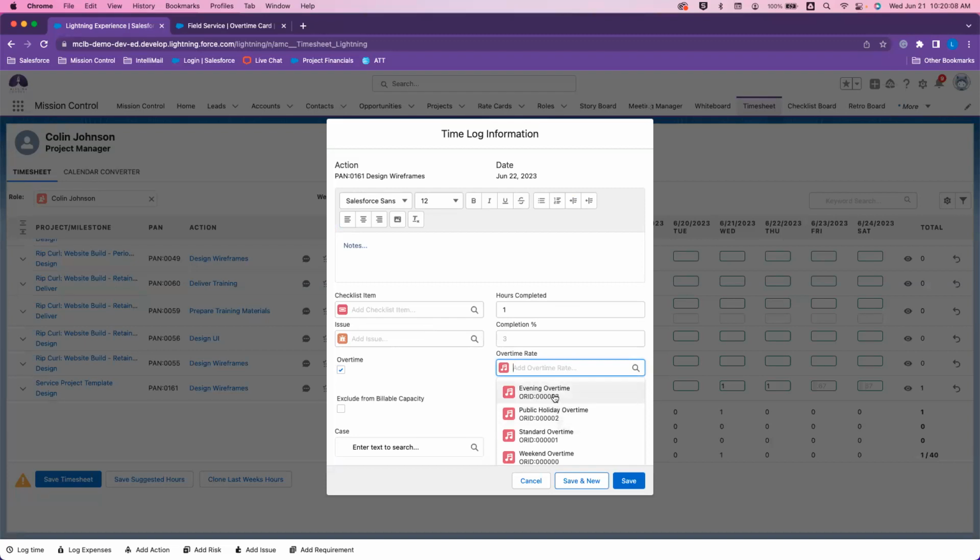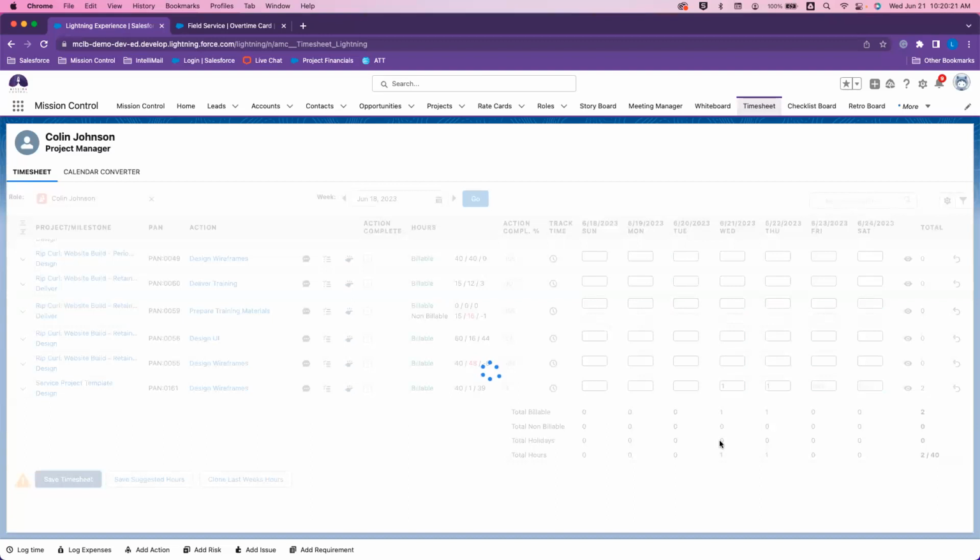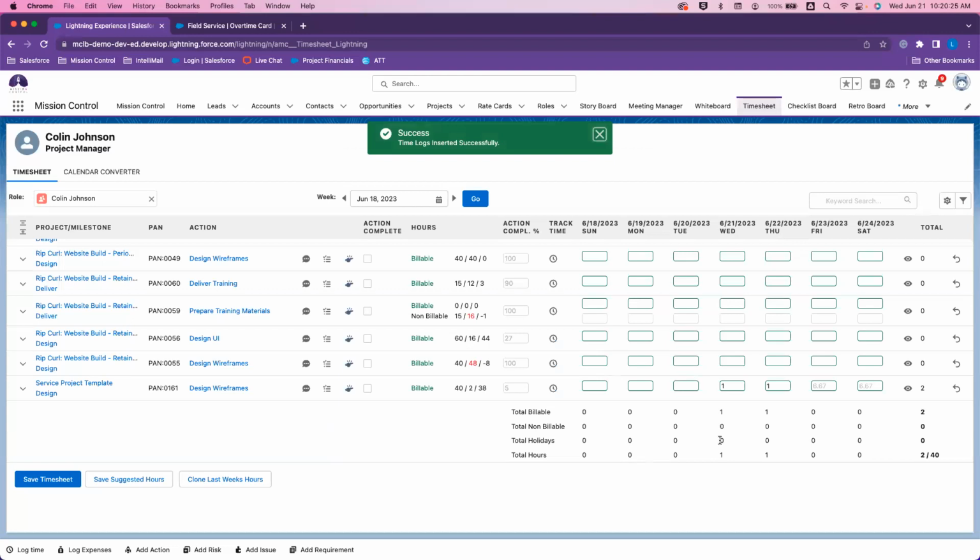So I need to come in and specify which rate I am applying. So this one I was working after hours. This would be an overtime rate for the evening. And once I specify those hours, I will hit save. I'm going to save my timesheet here. Okay. And now I'm going to go in and create another one just for